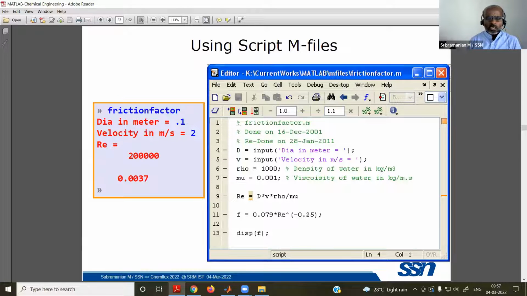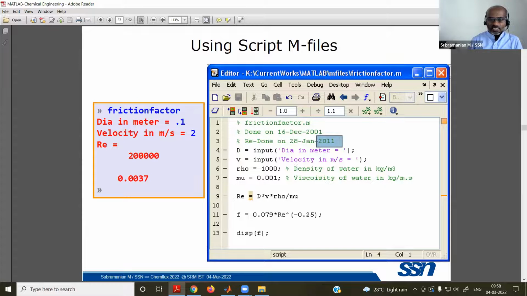Okay, coming back, we are using this percentage. What is the role of percentage? Of course, you can easily guess. It is commenting on the line. Of course, I did this in 2001, and even recently in 2011, and the same lines are also working now. For 25 years I am living with the same thing. MATLAB is such that whatever the earlier codes, the same codes are still working. That's the idea of saying this.